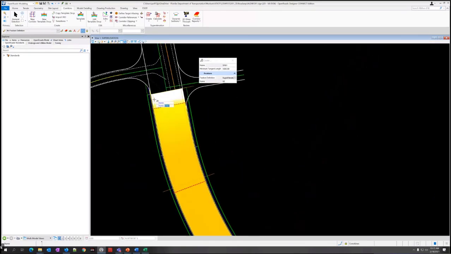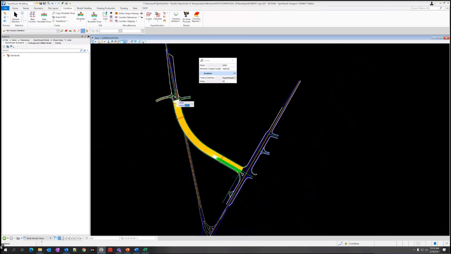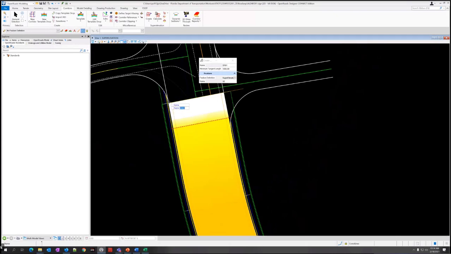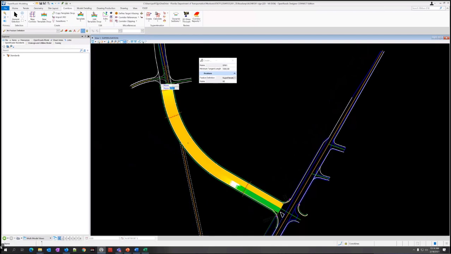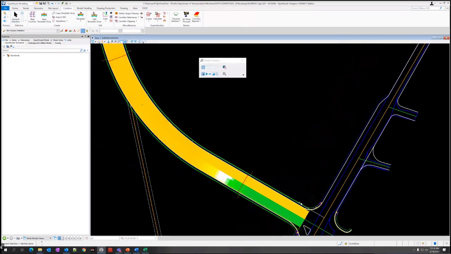You can see here this white, that's the transition area. And that's because our corridor stops before it has time to fully transition. But that's not a huge deal. We'll still address it and resolve it. And so it actually went ahead and calculated it for you. If you're familiar with how this works in SS4, the colors indicate the direction of slope. That's pretty much the same way on that.